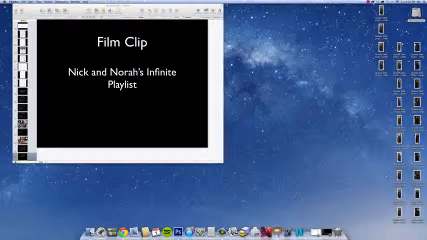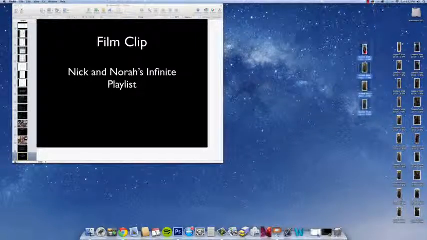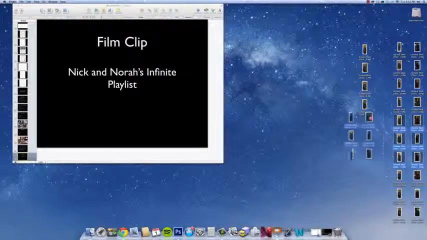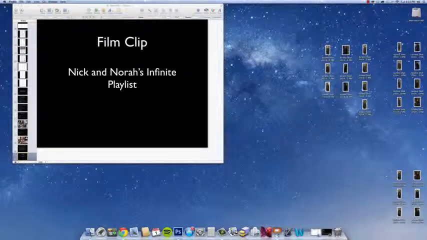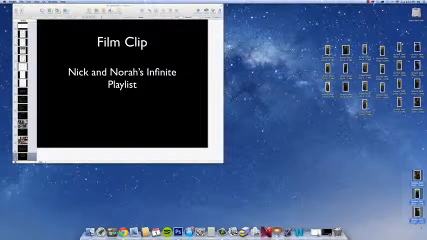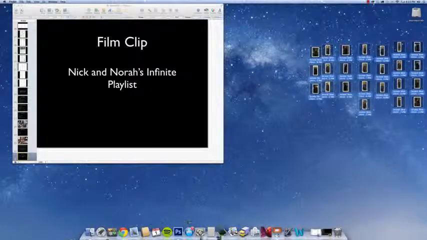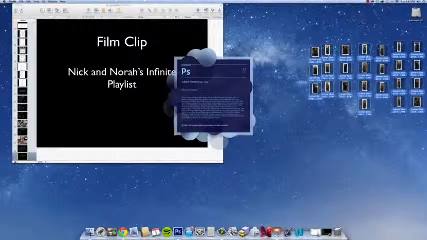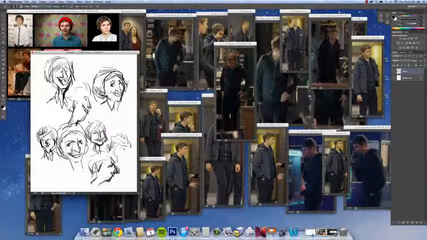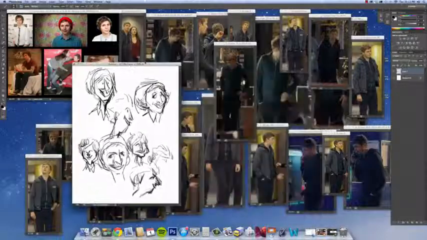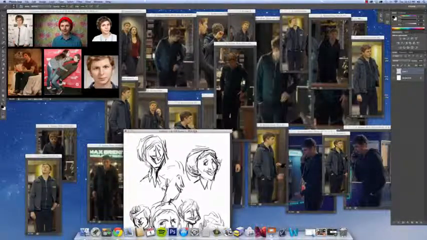Okay, so what I did here was these are a bunch of screen caps from those two clips of different poses, stuff to inspire my gestures that I want to begin designing this character before I start taking my first passes. So what I'm gonna do now is open all these in Photoshop. Okay, so what I've done now is I've laid out all the images that I took screen captures for,